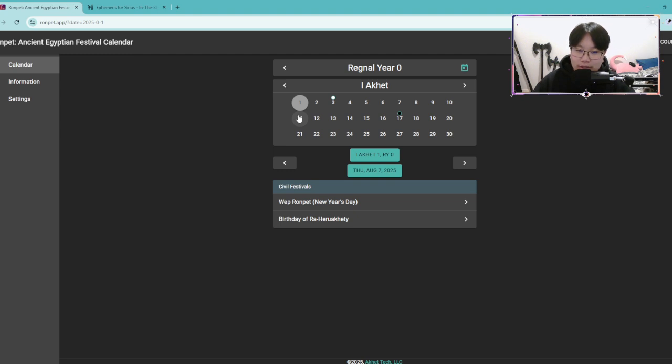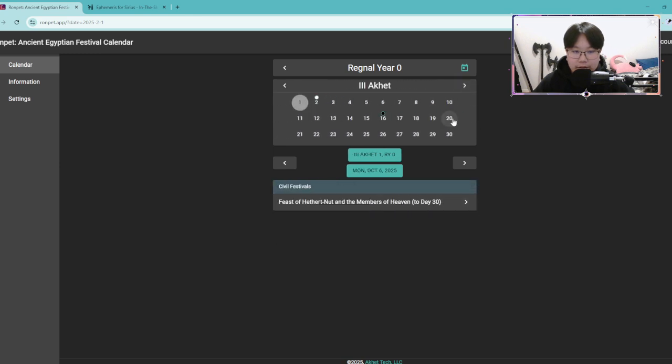Well, you can actually see the modern day calendar dates for some festivals that you'd like to celebrate. You can find these dates online or in books, and I can suggest if you're interested, but for now I'll do a demonstration of what I mean. So let's say I want to celebrate a procession of Bast in front of Ra on 3 Aket 20. All we have to do is flick over here to 3 Aket, click number 20, and as we can see here, it does list here on the Civil Festivals: procession of Bast, Lady of Ankhtawy, in front of Ra. It is on Saturday, October 25th, 2025. And so I can write that down, and now I know when to celebrate it.